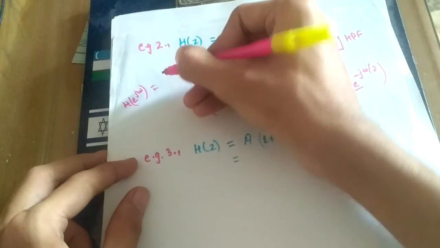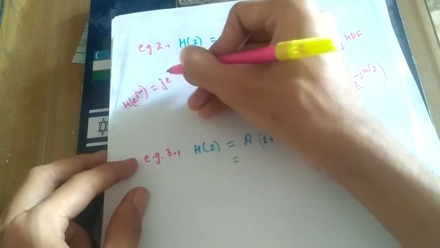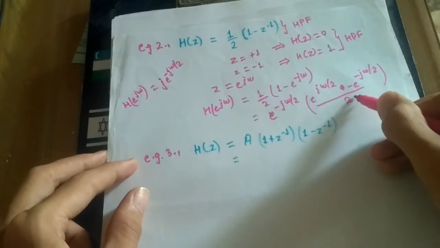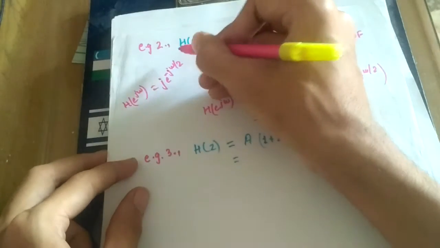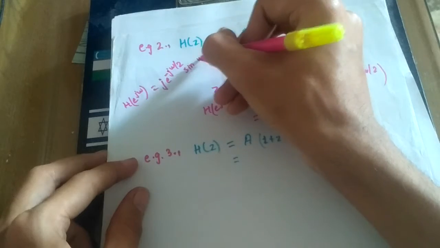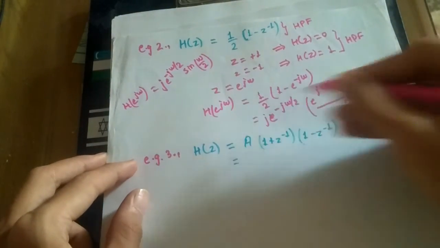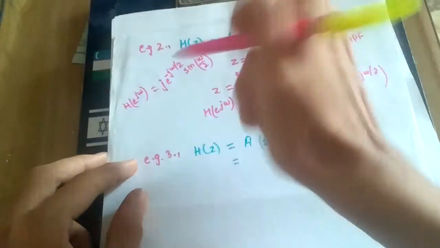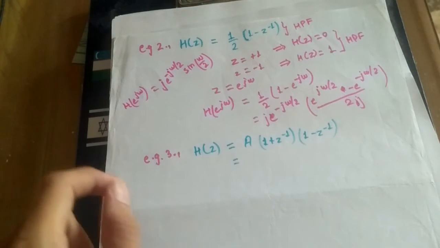This time j will appear, because we know the formula of sine has 2j in it. So that's why we are having j, and it is sine omega by 2, just multiplied by j. So this whole term will be sine omega by 2, and this j will be here. Unlike example number 1, that is in the low pass filter, where we got a cosine function, here in the high pass filter we got a sine function.